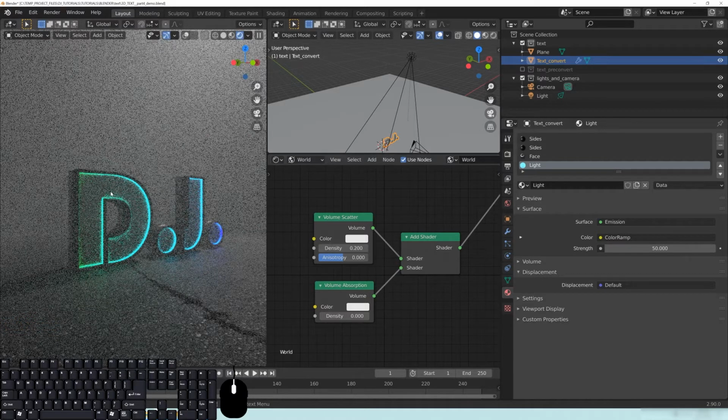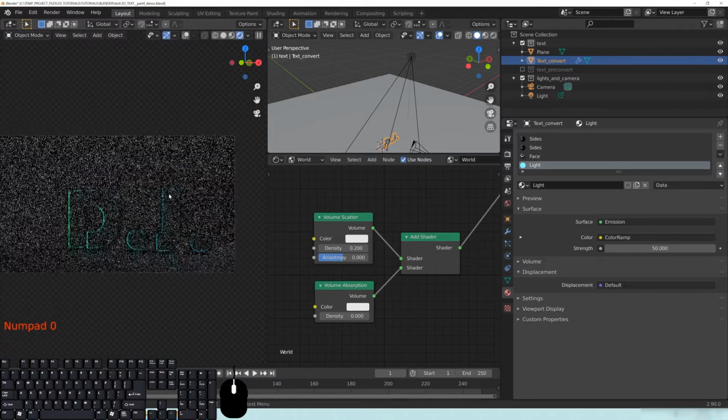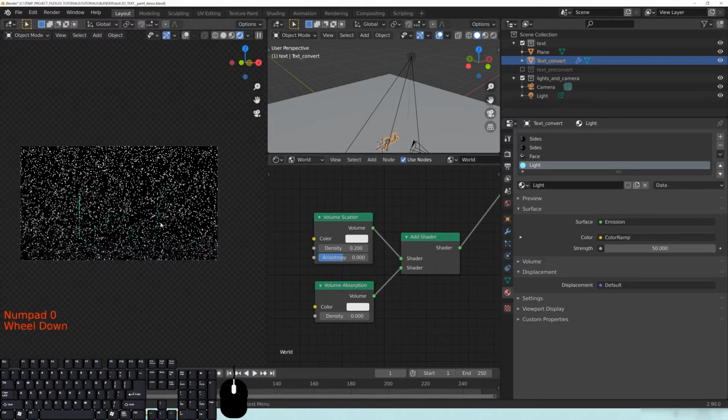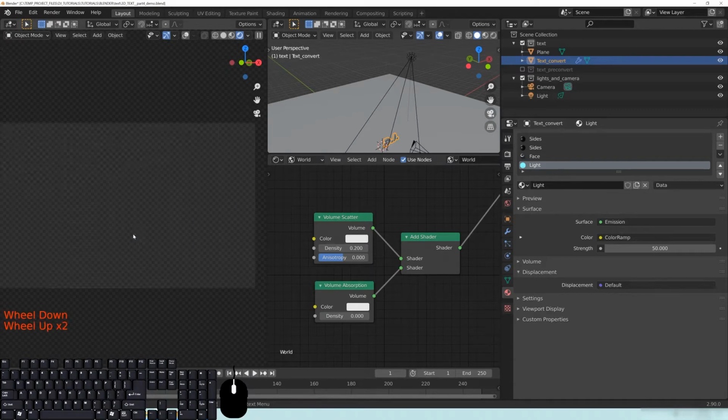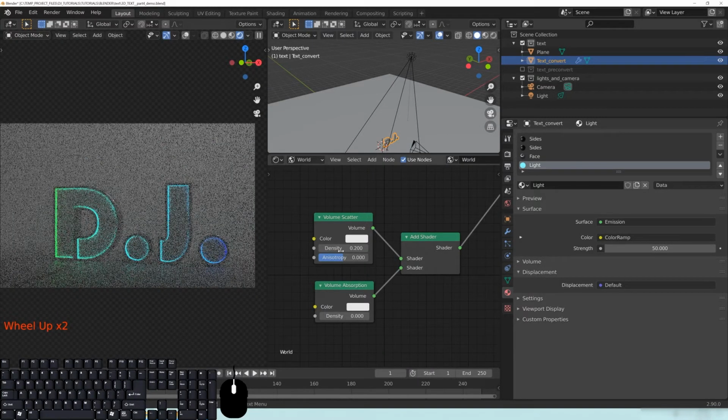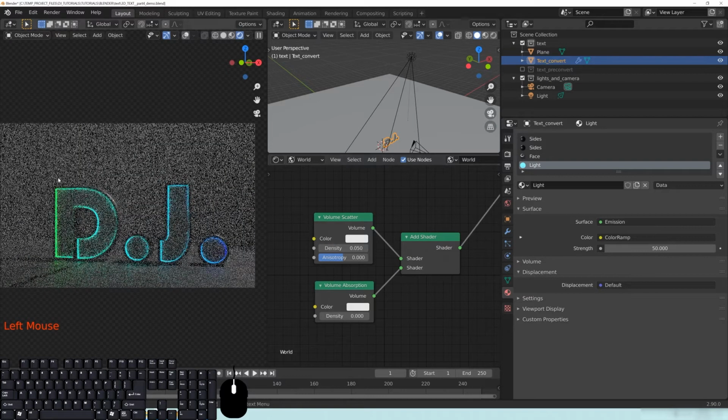So we have sort of a more foggy or rainy weather effect. You can see how grainy it is, and I have a pretty high powered machine. I'm going to look at it through here, through our camera here. You can see that it does get really grainy, and I'm going to set the density down to like a 0.05 or something, and you can still see that it's there. It's just not as apparent. And if I take the density up to a 1,